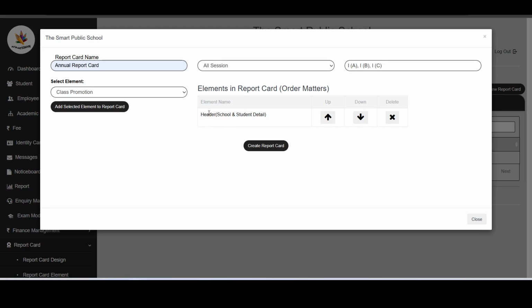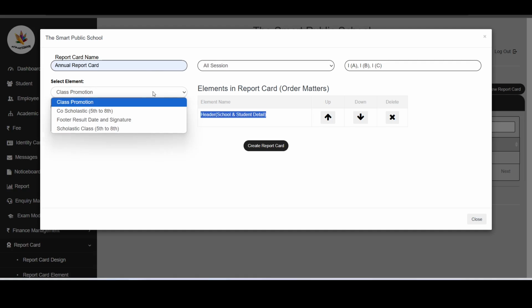The order of elements matters, meaning if you give the header first, it will be shown first, and then the next, and then the next.